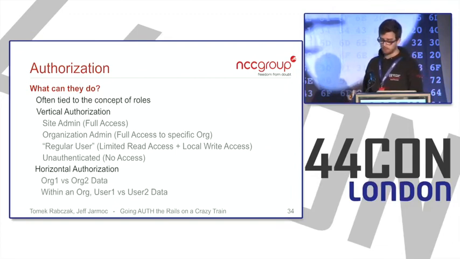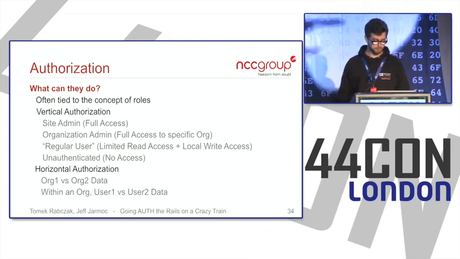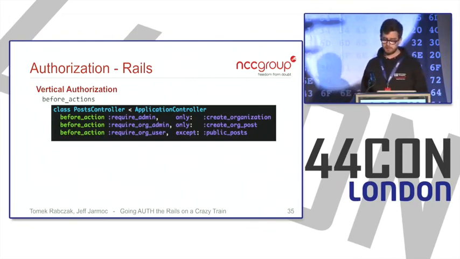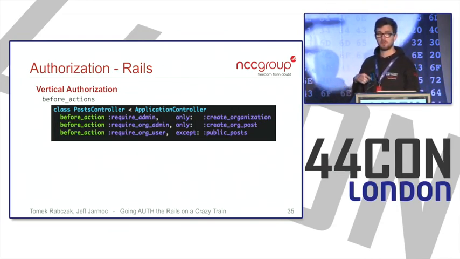And then the other type is horizontal authorization. So the idea here is that you have two different organizations. User 1 is in org 1, user 2 is in org 2, and they shouldn't be able to see each other's data. So what does this look like in Rails? More often than not, vertical authorization tends to be implemented in what are called before actions. These are also called before filters in older versions of Rails, but they're going to deprecate this in 5.1. I have trouble calling this before action, so if you hear me say before filter, I'm talking about the same